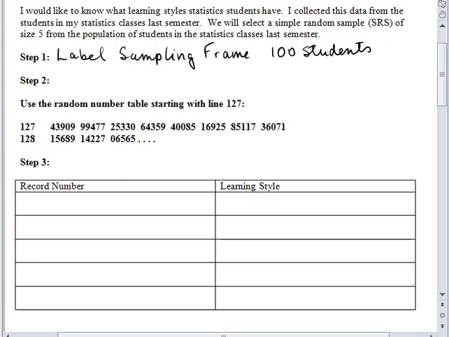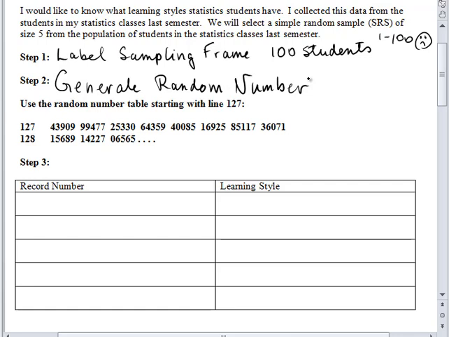So when we label our sampling frame, let's do a little bit of thinking here. Suppose I label it using the digits 1 to 100. That is probably the most natural thing to do, but that's going to create a problem. Let's look at this. When I go to step 2 and generate my random numbers, that's always the second step when we're selecting a simple random sample,